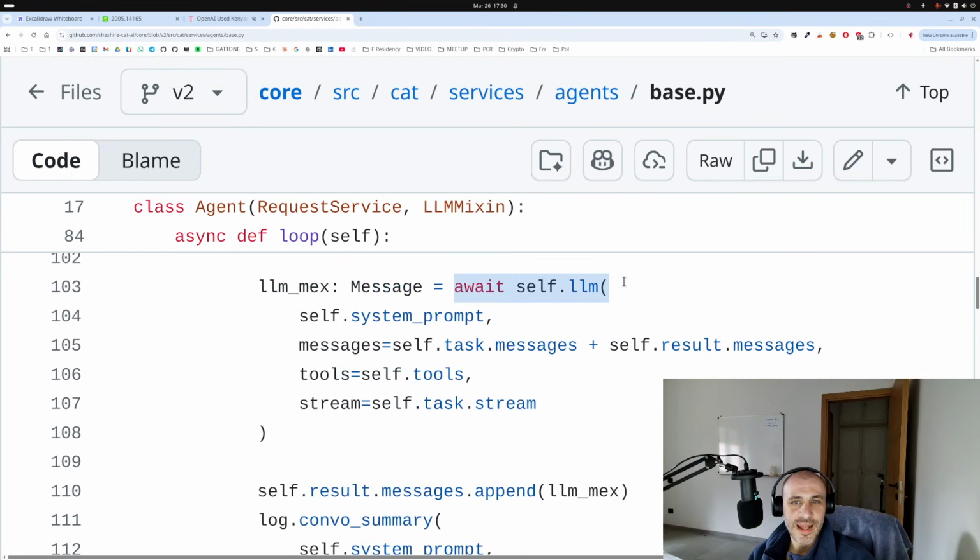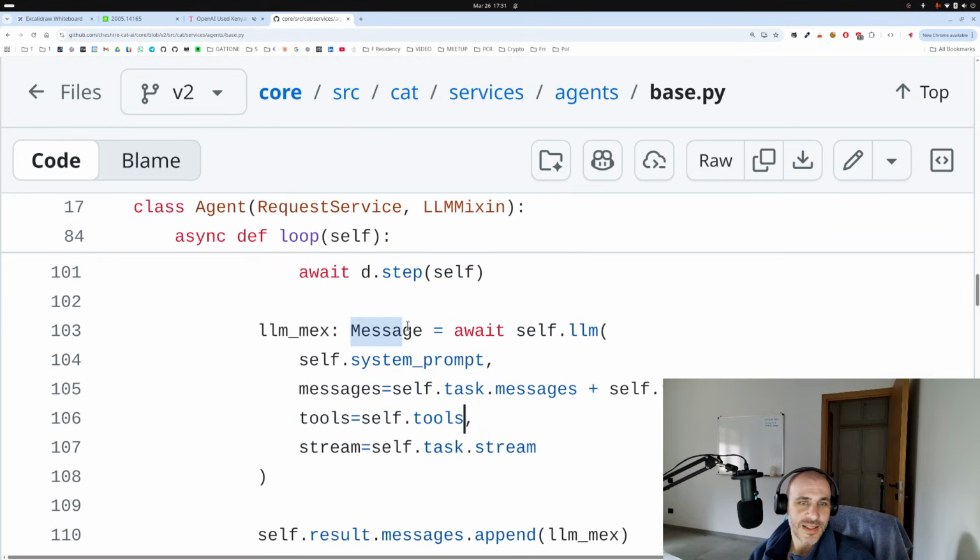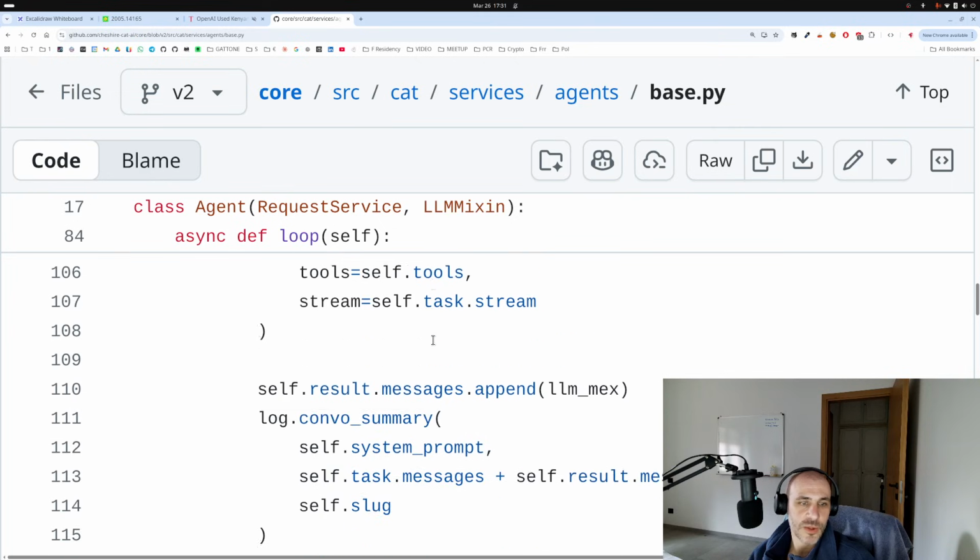We call the language model by passing the system prompt, the list of messages so far, and the set of tools. You see?